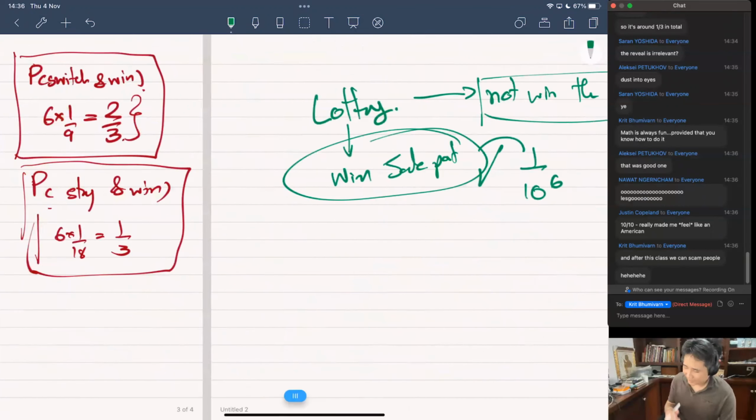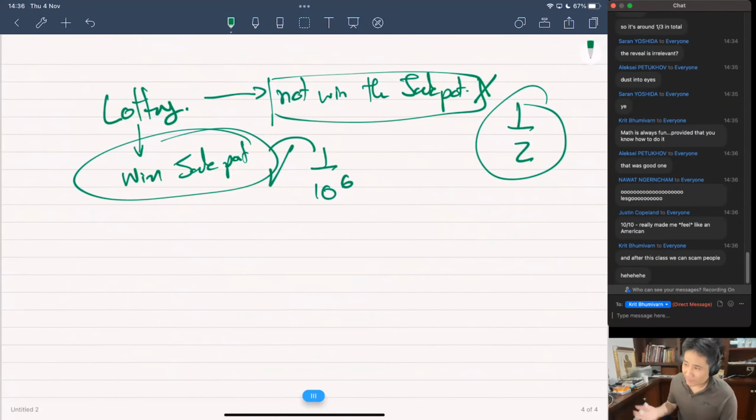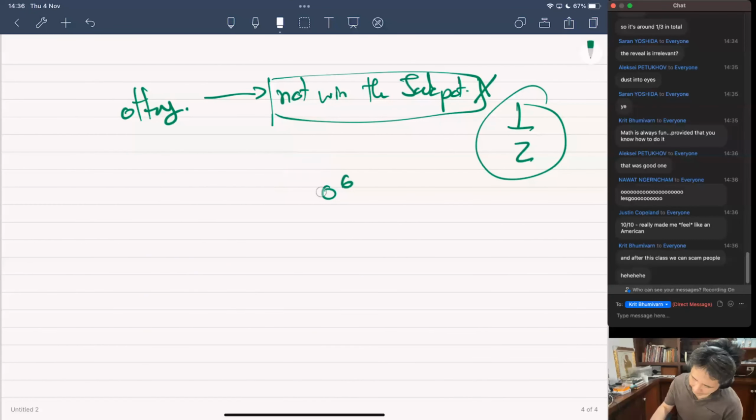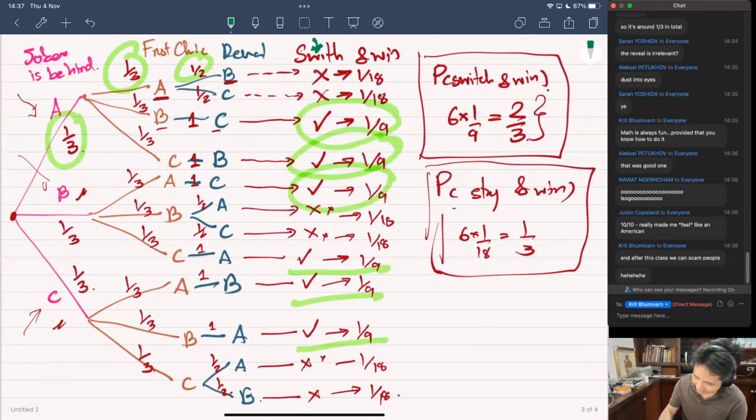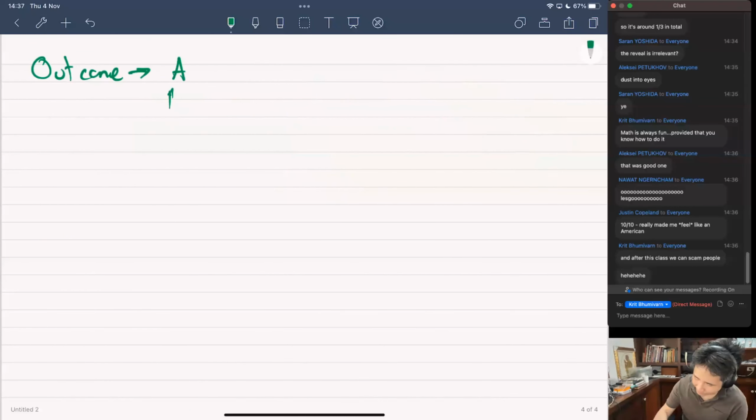Okay, so let's do this. Let me define the probability based on what we did. You're gonna be surprised how people define probability. But in the back of your mind, there are 2 things that you should think about. There is the outcome. The outcome is like the event, like the fact that the Joker is behind A, and I open A, and then I wait. You pick, and then I reveal B.